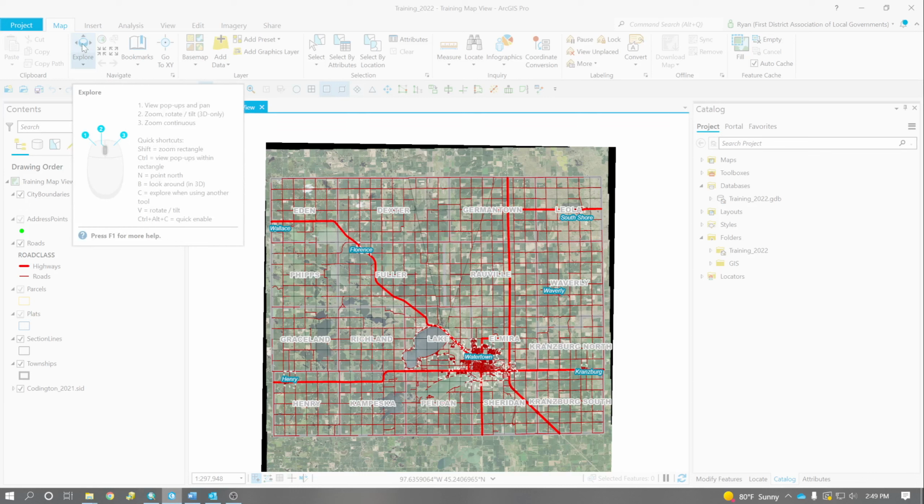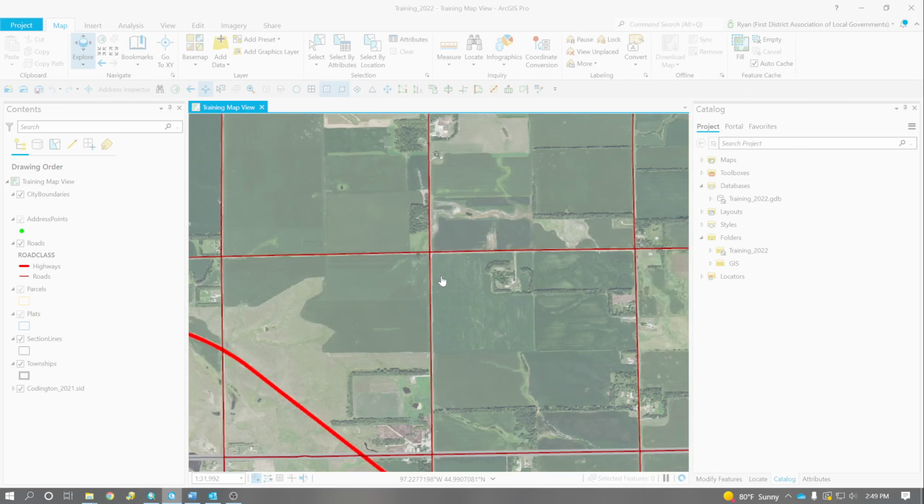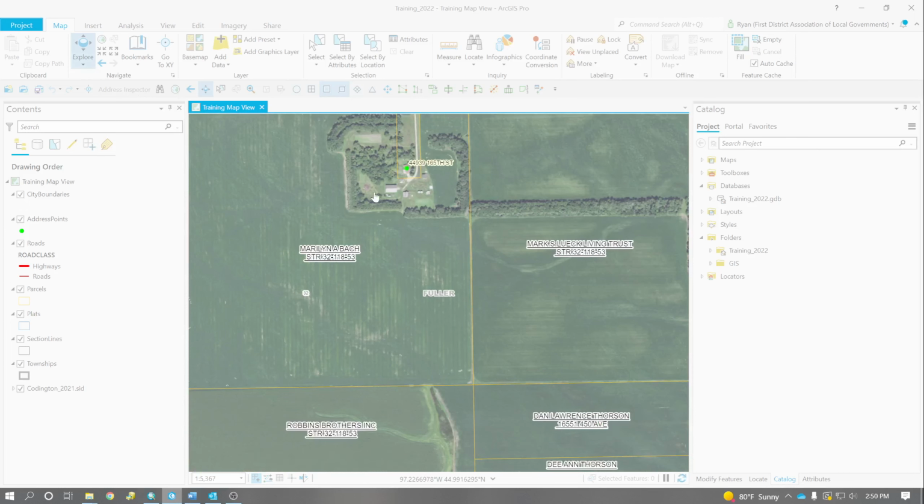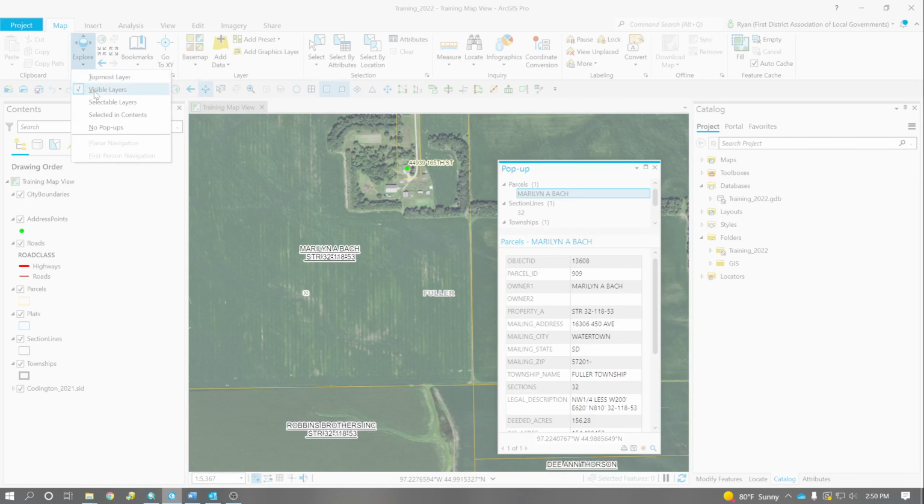One of the major differences between ArcPro and ArcMap is the Explore tool. This used to be called the Identify tool in ArcMap. This has been combined into the Pan tool. If we zoom in, we can pan around, and the Identify tool. So we can click on information, and it will identify. And if we do this, the default is visible layers. So if I click on my green dot here,